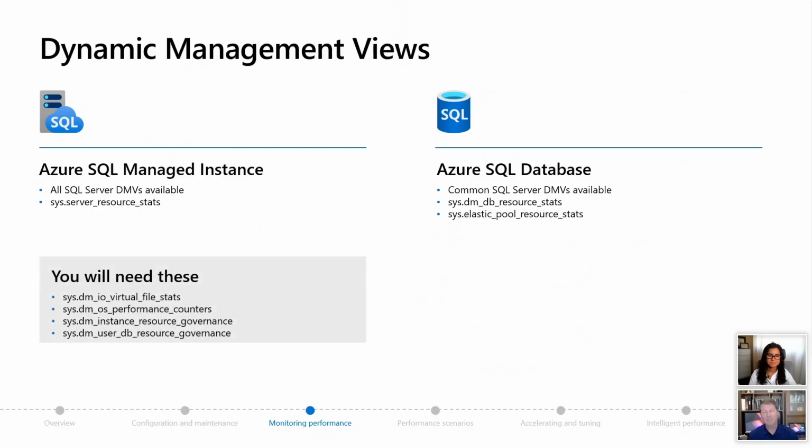There are some DMVs that you're just going to need. Like sys.dm_io_virtual_file_stats is very important. Since you don't have access to perfmon behind the scenes of the operating system, this is your best way to go look at file latency, IO type performance of what's going on. Now we've always had for SQL Server performance counters, sys.dm_os_performance_counters, and we light that up. So if you like using that today to poll and look at that information, you can't use perfmon, but you can go look at a DMV to see what those SQL counters look like, batch requests per second. You get to go look at that with this DMV.